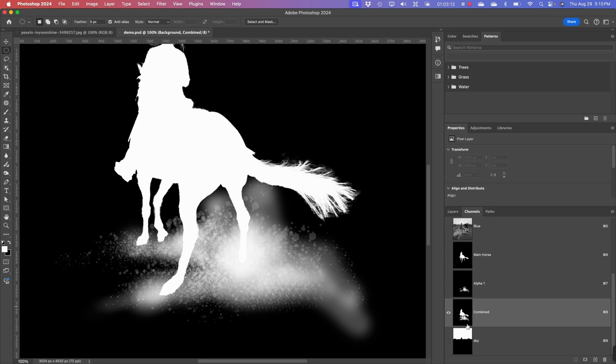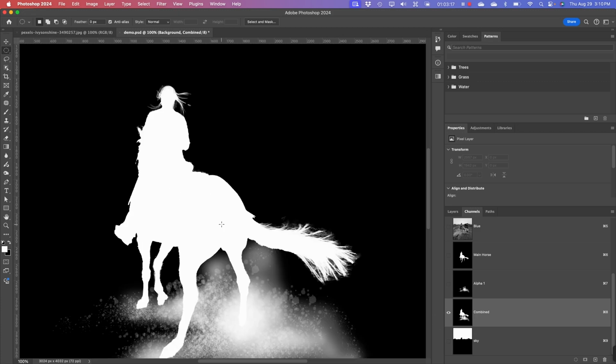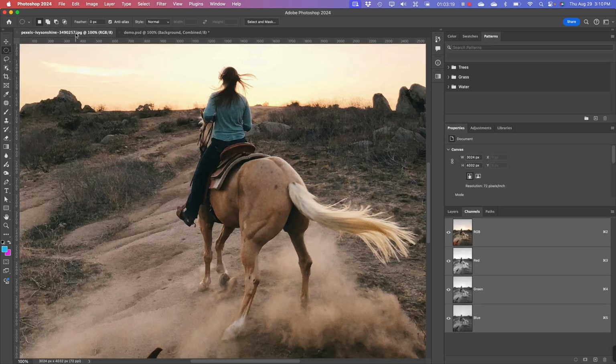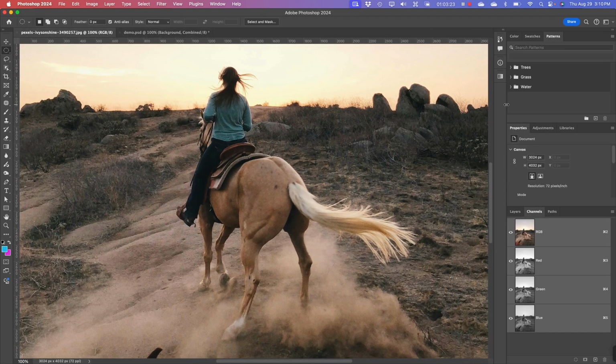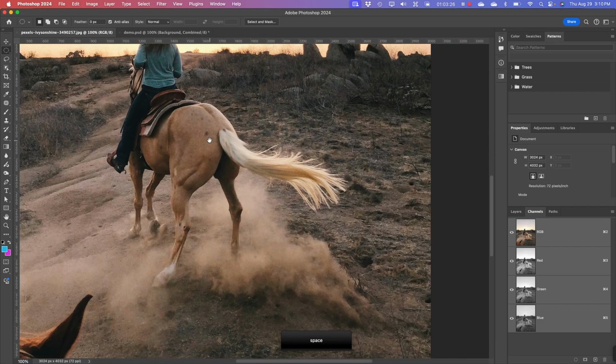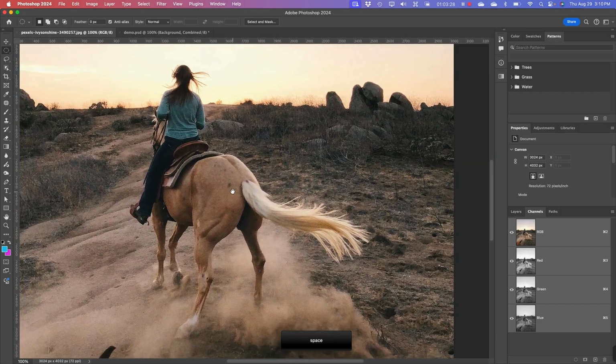And knowing that they're in alpha channels, we can modify these really pretty easily. So you should have this image. Let's start by trying to isolate